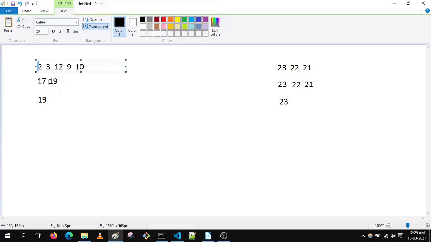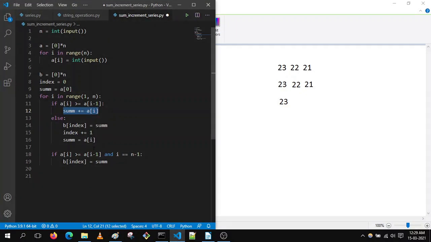The value 9 plus 10 equal to 19 will be stored inside sum, but it will not go in the second array. So to store the value inside the second array, we are checking this additional condition specifically for the last element. After that it is simple, we just have to print the maximum element from the second array, which is b.